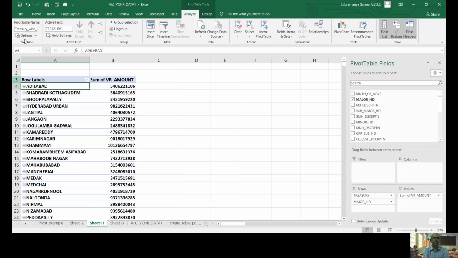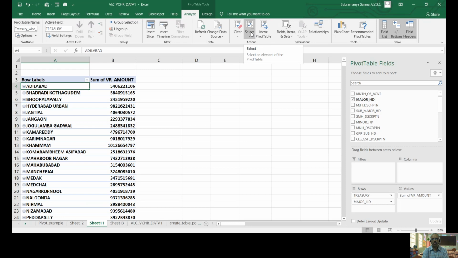Another thing is insert a slicer and timeline. These two are very powerful features with which you can apply multiple filters. Next is the pivot chart. When filters are applied to your pivot data, automatically your chart also will respond.